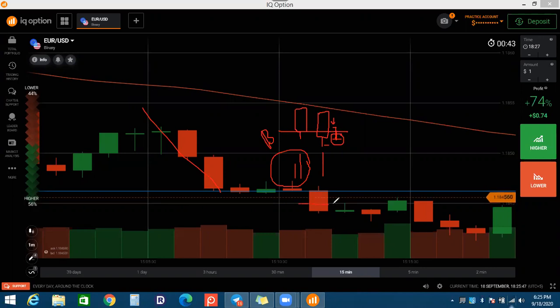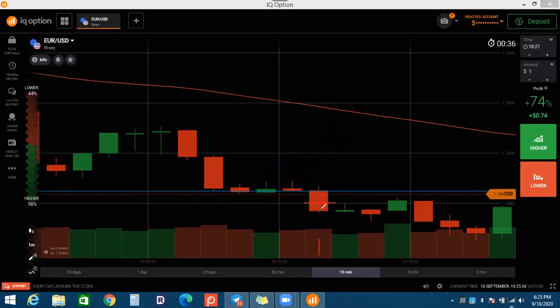Same like here, look at. Do you see this one? A breakout happened, volume increases, buyers enter at this point. You are right, the buyers will enter. But you lose the opportunity to place a call option at the right time. Now you have another chance.